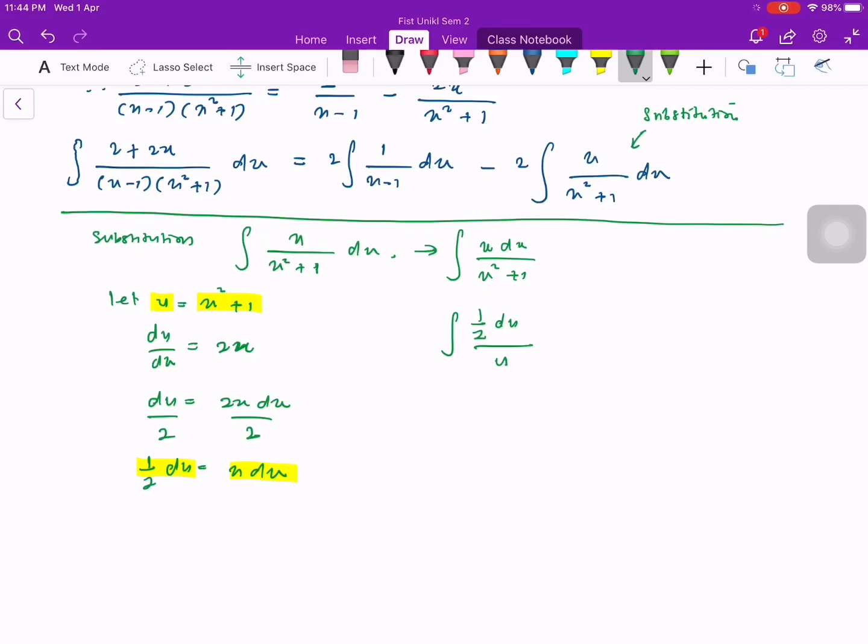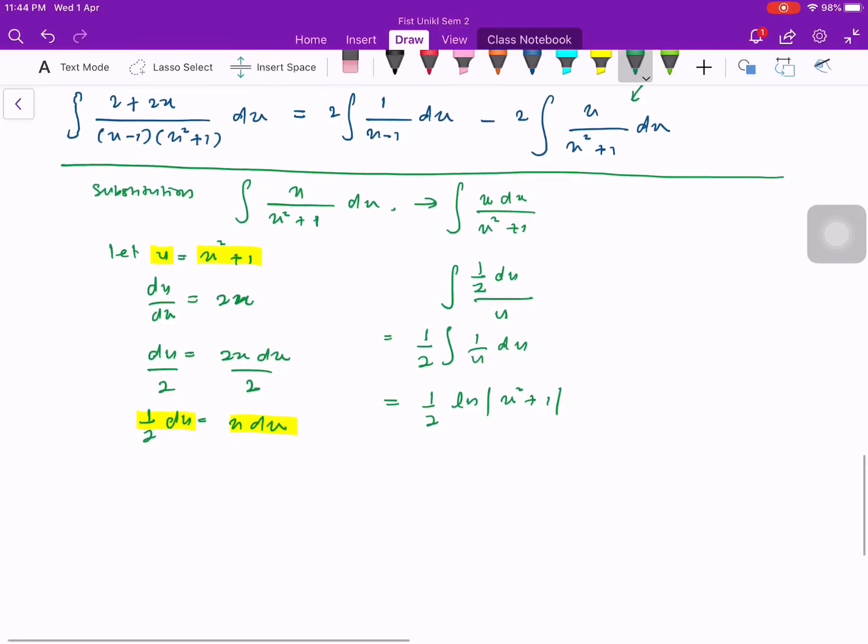So since half is a constant, saya keluarkan. Okay, kita akan dapat half integral of 1 over u du. Then you're supposed to have half ln absolute x squared plus 1. So no need to plus c yet, because this is not the final answer. Yang final answer kita adalah dekat sambungan calculation kita dekat atas ni tadi. Okay, alright. Then we proceed